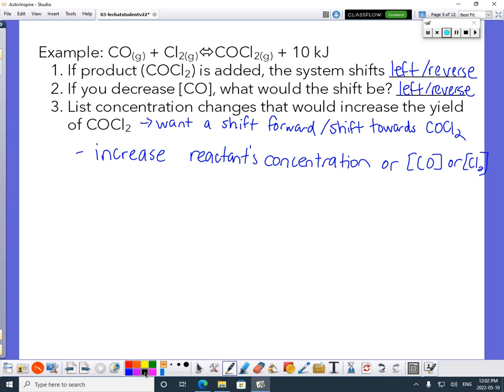All it says here is list, but to make sure your note is as complete as possible, let's write the why, okay? So if you increase the reactants concentration, then it has to be decreased, which is shifting to the